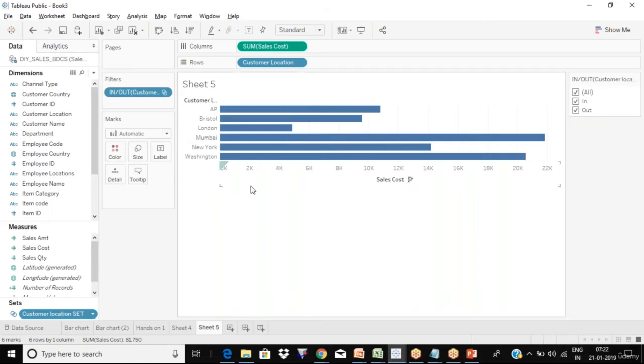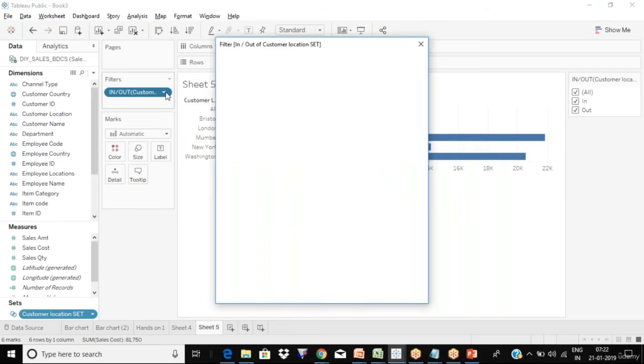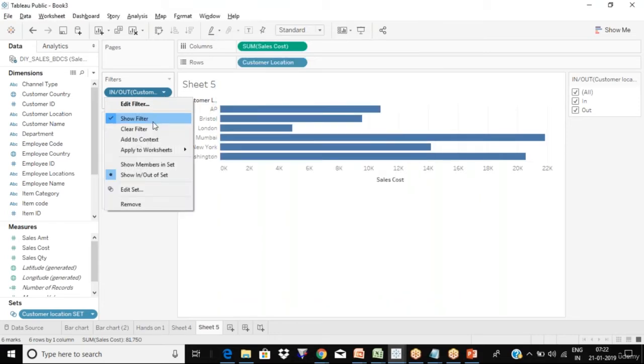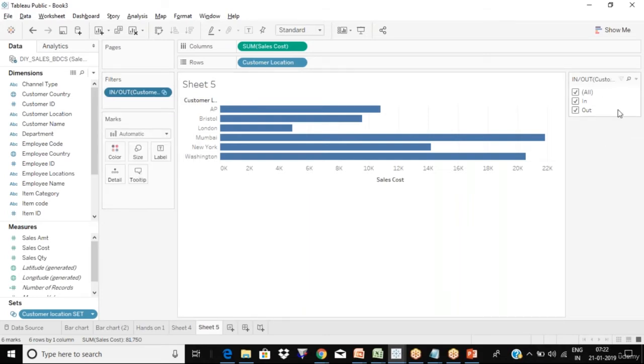I have seen what you have shown, I need to select show in and out. But once I do it, that is my screen. Okay, once you do that, you have to do another step. You have to do show filter. Click on that arrow and do show filter. Otherwise, you would not see those in out. Okay, fine. Got it.